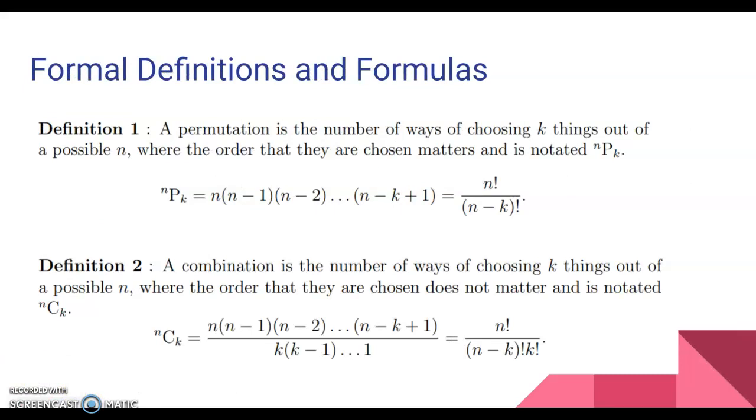So here's the big idea. This is the formal definition. These are the official formulas. I am much more particular that you can get the right answer through reasoning and through drawing blanks and filling in those numbers than I am about you being able to do these formulas. But they do connect in a really beautiful way and the patterns are consistent. And so we have generalized them as mathematicians into formal definitions and formulas. So a permutation is the number of ways of choosing k things out of the possible n, where the order that they are chosen matters, and it's notated nPk. That would be n permutation k. There's actually a button in your calculator that